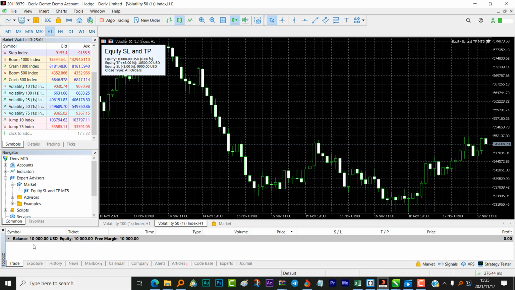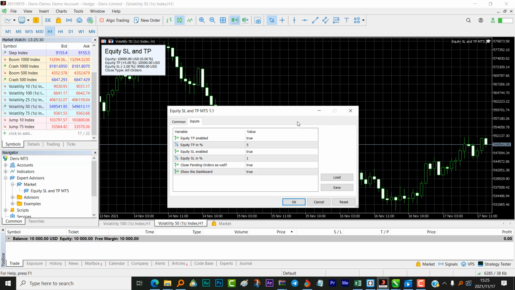So how much do I want to make? Let's say I want to make 3k from this trade. If I want to make 3k, what percentage is 3k of 10,000? It's very, very simple. You can always adjust in every trade. You can right click there, then say properties of the SL and TP for MT5. So this time I want to lose 5%, and 3k is actually about 30% of